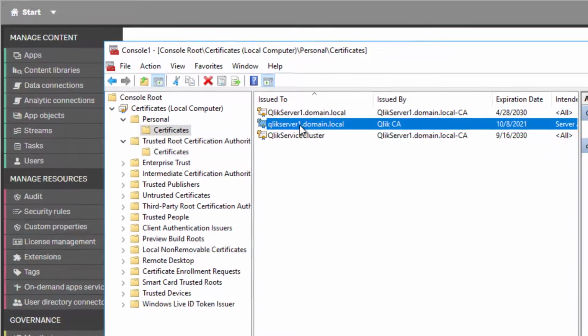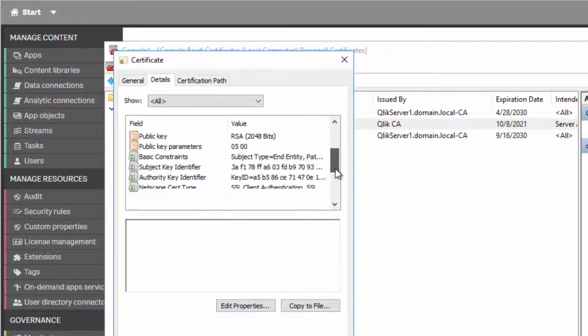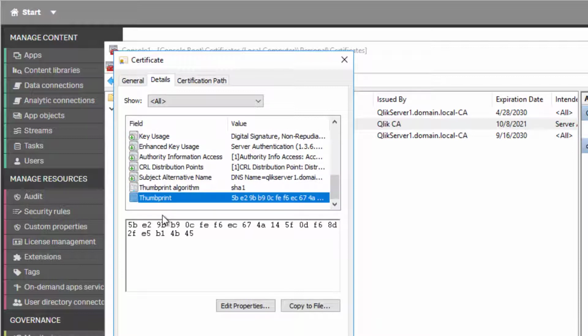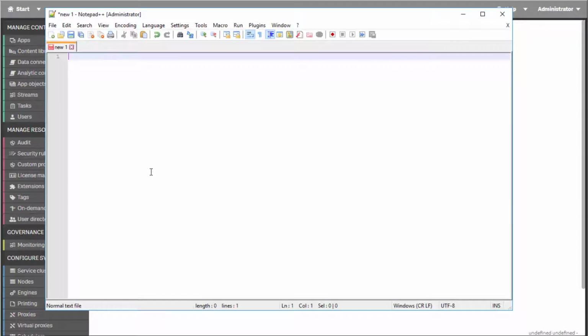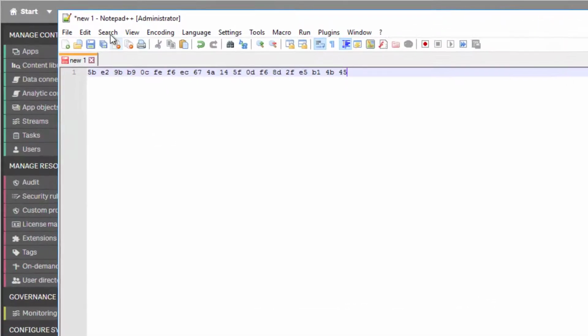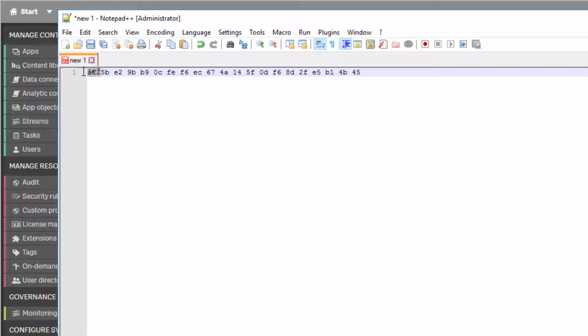Now we need to tell ClickSense to use the new production certificate. Open the new certificate and under the Details tab, scroll down and copy the thumbprint field string. It is recommended that the thumbprint string is pasted into a text editor and inspected for an invisible character in front of the string. This character can be seen if the text format is changed to ANSI. Alternatively, this can be done by pressing delete and backspace when the cursor is in front of the string. Also remove any spaces, then copy the string.